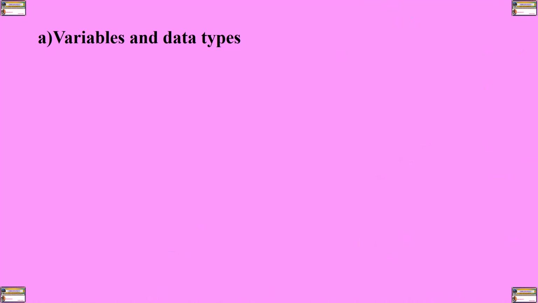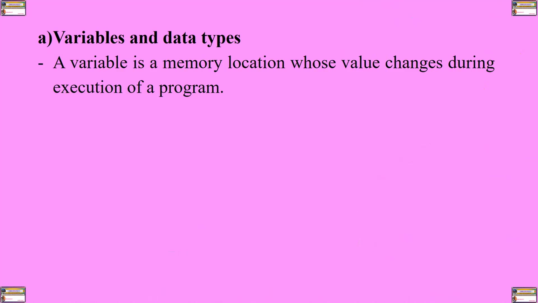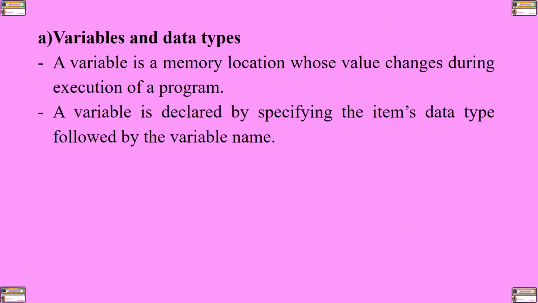What are variables and the data types? A variable is a memory location whose value changes during execution of a program. A variable is declared by specifying the item's data type followed by the variable name. In other words, my dear students and the rest of the learners,